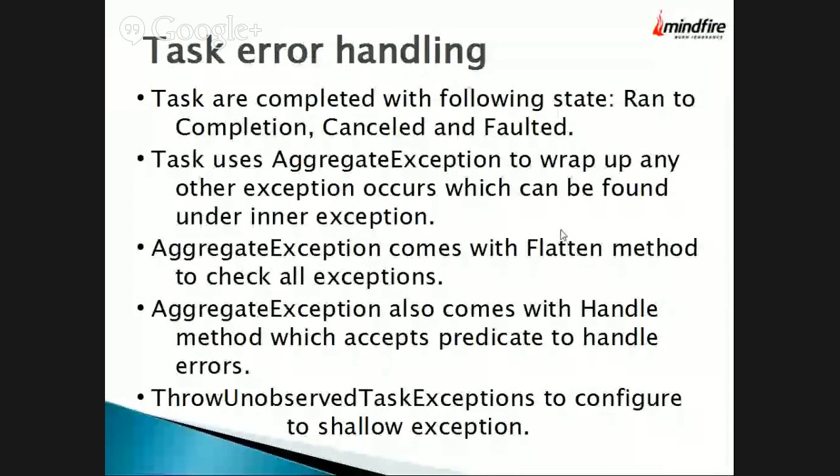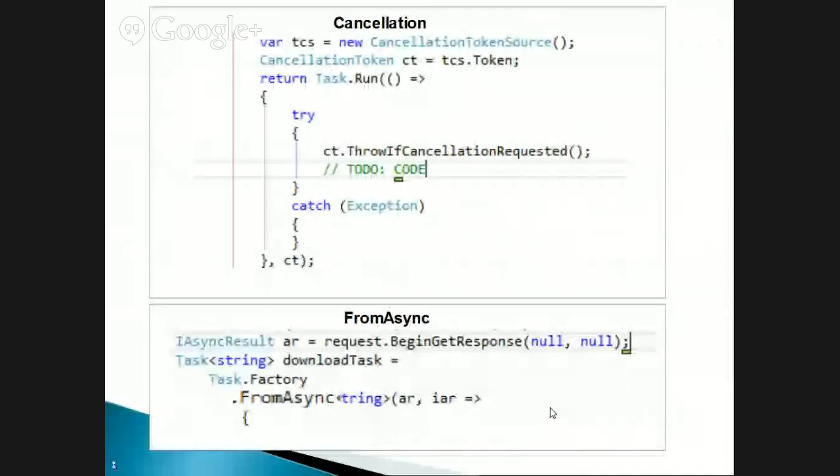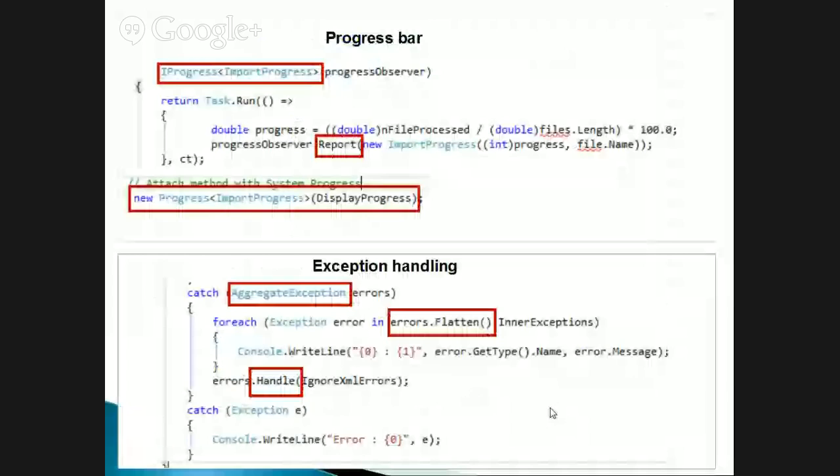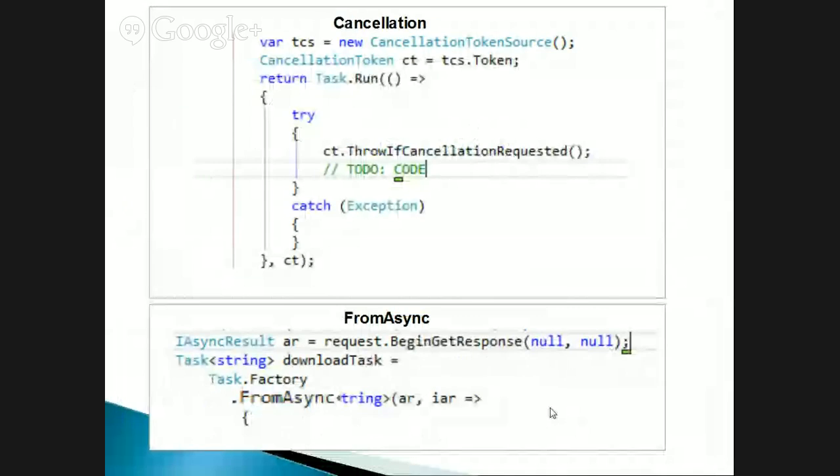So we have the flatten method there. We can get the inner exception from the flatten method, and then we have the handle method to handle certain exceptions. And this is kind of a global setting that we can do. Okay, to summarize both of them,